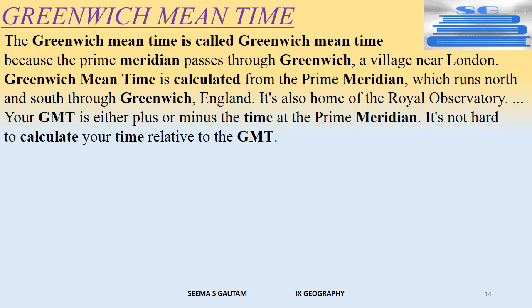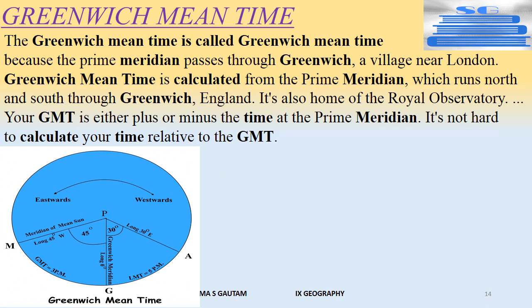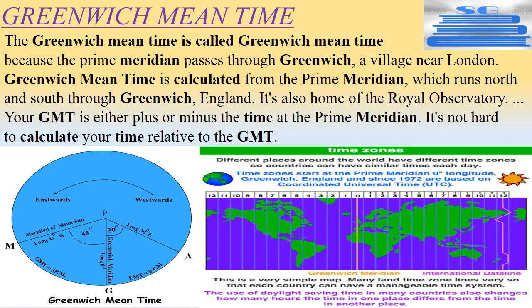So now Greenwich Mean Time. The local time of the Greenwich Meridian, also known as the Prime Meridian, is considered as the standard time for the whole world. It is called the Greenwich Mean Time or GMT. All the countries for international travel follow it. The countries located to the east of the Greenwich Meridian have their standard time ahead, and the countries located to the west of the Prime Meridian have their standard time behind the GMT.